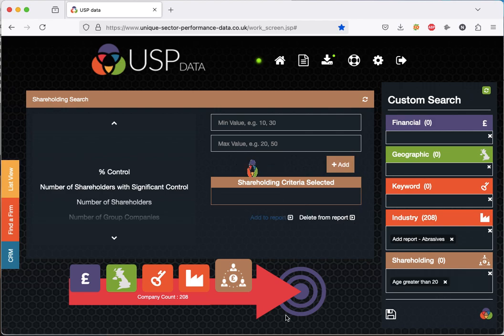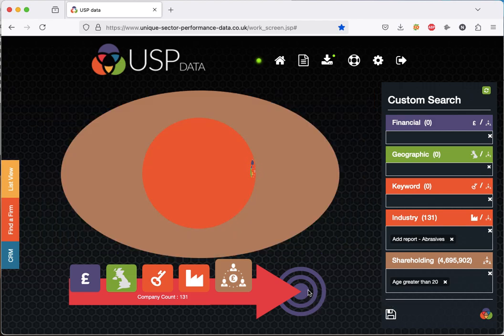So if you pick shareholding greater than 20, it means that the age of the shareholder is a minimum of 20. Companies don't have ages in the sense that individuals do. It means that you end up with companies that are owned by individuals. Okay, so once you've got your small group, pop it into the list view by double clicking on the target icon,